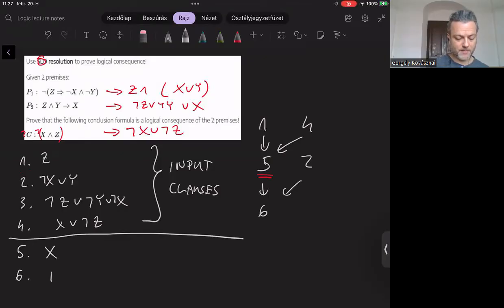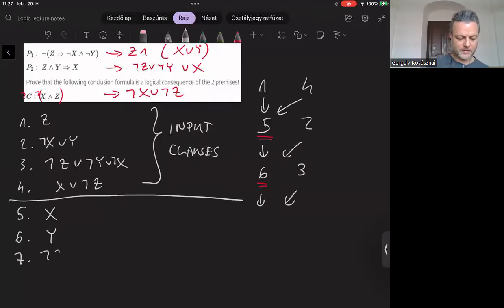Y, exactly. Then, again, since we are constructing a linear resolution derivation, we have to pick the latest resolvent and look for a side clause. And of course, we can only pick clause number 3 at this time, which generates a new resolvent, not Z or not X. Okay, let's pick clause number 7 now and look for a side clause. And clause number 5 is really tempting to choose, but we must not choose clause number 5.